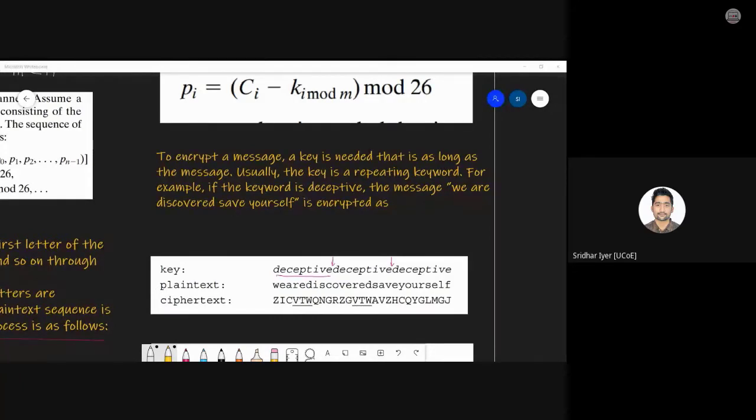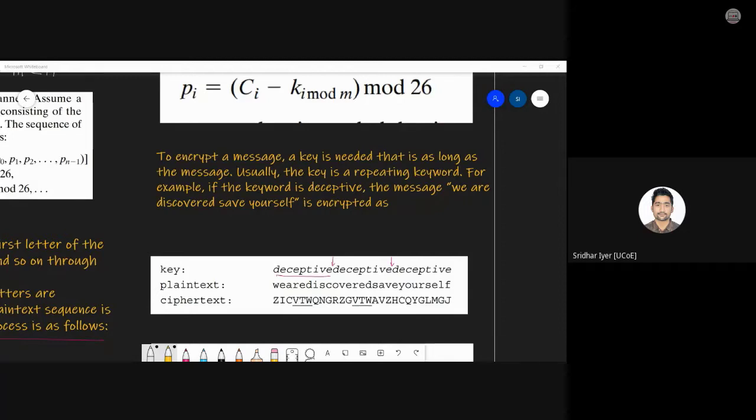Fine. So if the plain text and key size is equal, then no issues. Obviously, the key has to be lesser than the plain text, according to our assumptions. So we have to make the key size and the plain text size equal so that we can add them together. Right. So for that purpose, if we run out of the key, we again start back from the very first alphabet of the key until we make them equal in size. Fine. So according to that, the key is given over here, repeated thrice. The plain text is given and the ciphertext.